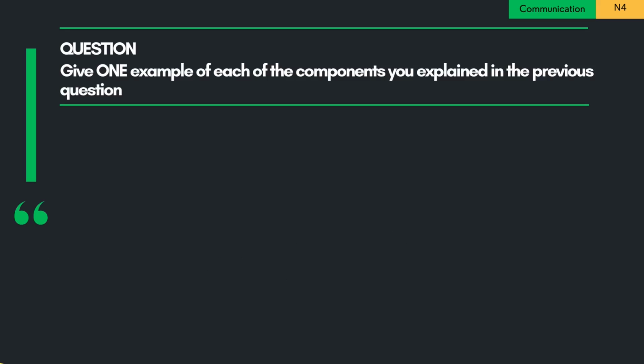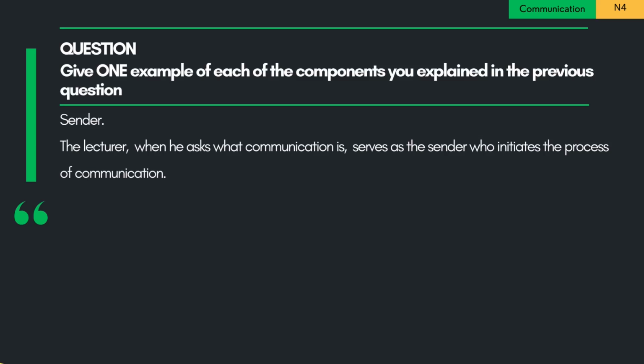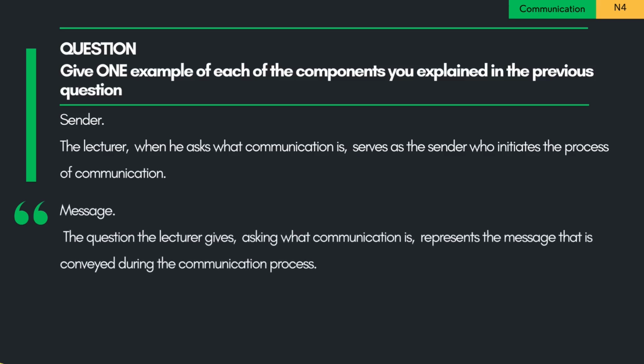Question. Give one example of each of the components you explained in the previous question. 1. Sender. The lecturer, when he asks what communication is, serves as the sender who initiates the process of communication. 2. Message. The question the lecturer gives, asking what communication is, represents the message that is conveyed during the communication